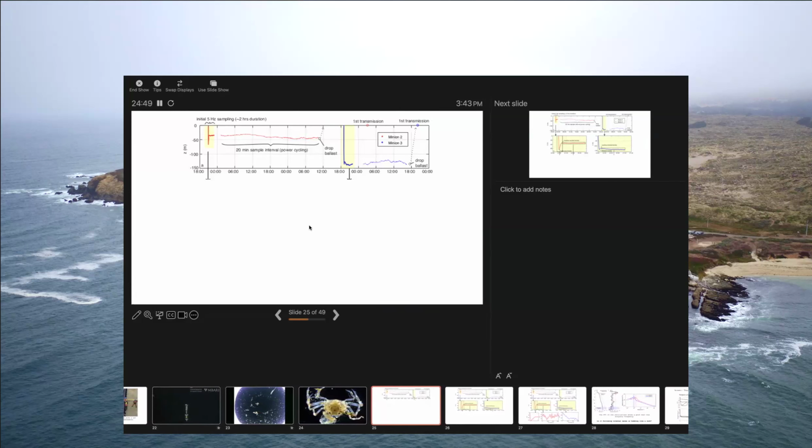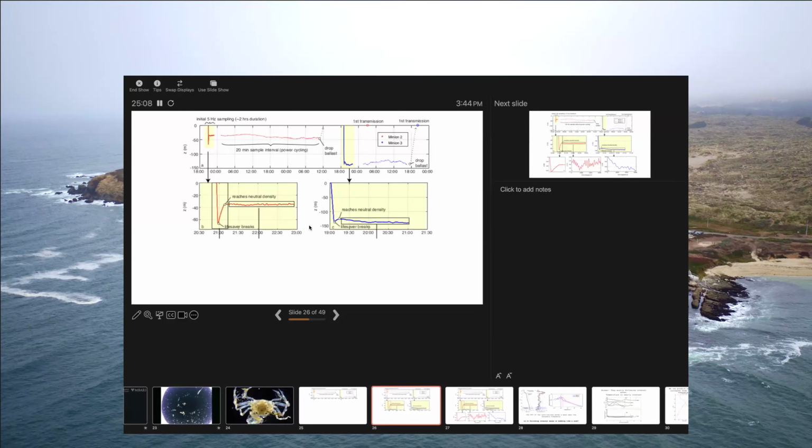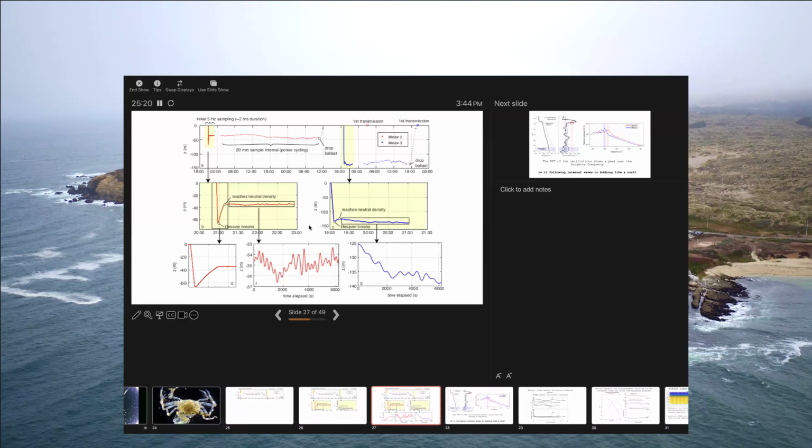I wanted to talk a little bit about the Lagrangianness of the Minion. I'll go really quickly through this, and then we can talk a bit more. Basically, these are two examples of Minions that were deployed for about 12 hours. You can see the initial sinking part. This is where the lifesaver drops, and then it descends to reach its neutral density. Same thing with this one. One of them went a little deeper than the other. This is typical. We're not that good at getting them to go where we want.